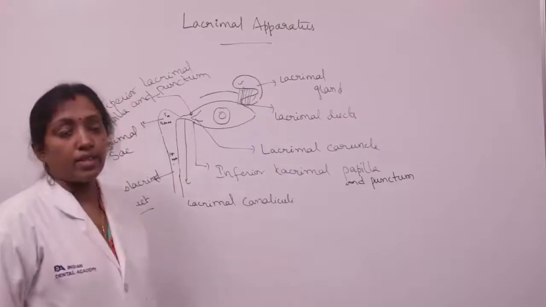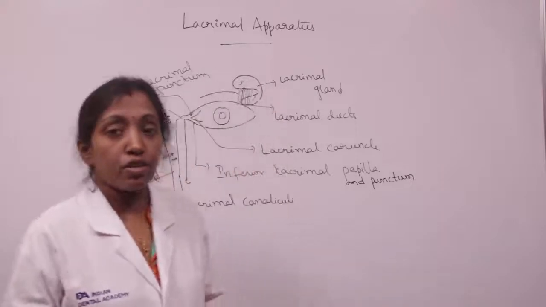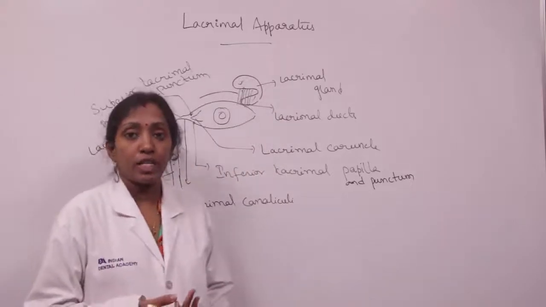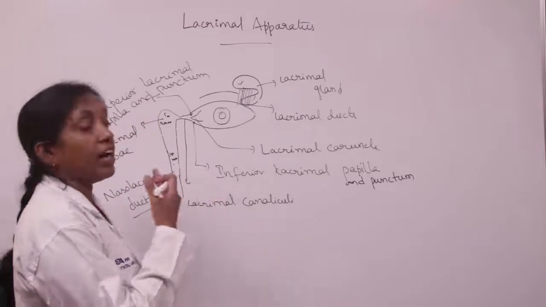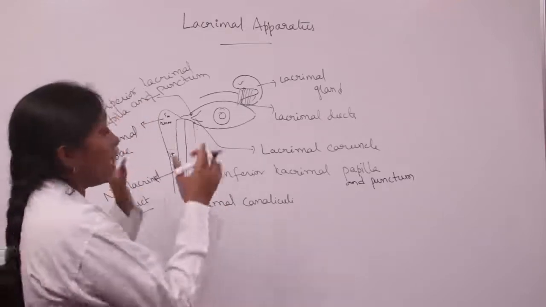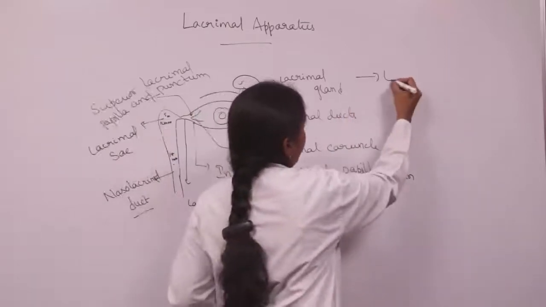So now we are discussing the lacrimal apparatus. The lacrimal apparatus is how the secretion of tear fluid takes place, and how the drainage of the tear fluid takes place. So secretion and drainage of the tear fluid constitutes the lacrimal apparatus, and the lacrimal apparatus consists of the lacrimal gland,